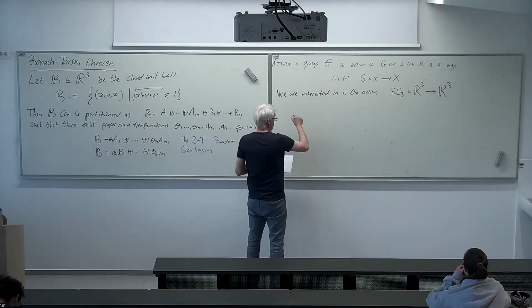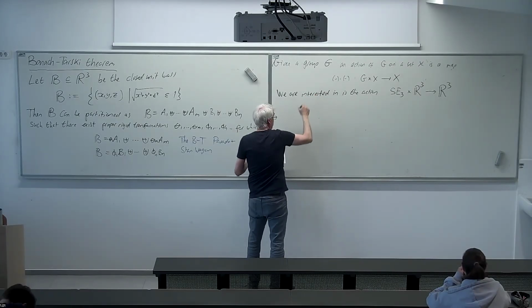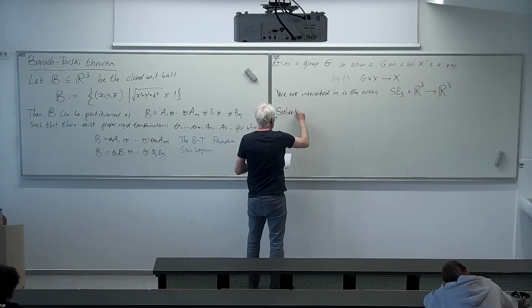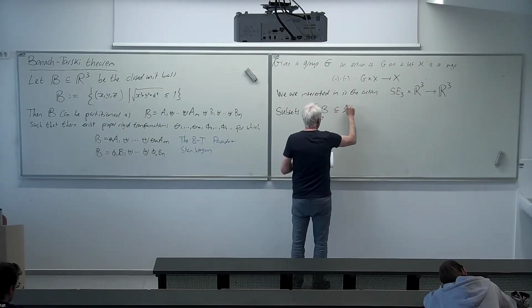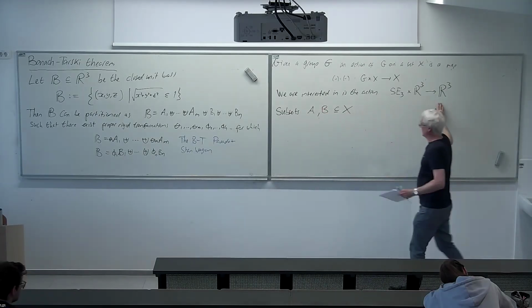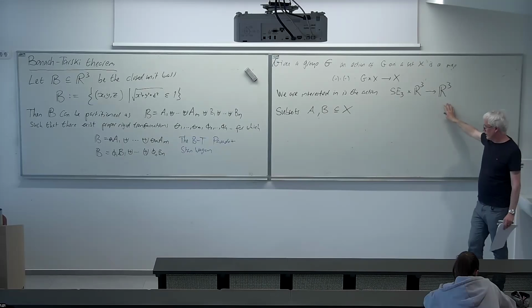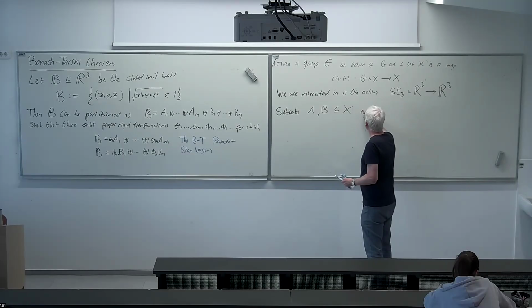And this is the notion of G equidecomposability. So given such a group action, we say that subsets A and B of X, and we're thinking of X as three-dimensional space, so three-dimensional subsets of three-dimensional space, are G-equidecomposable,